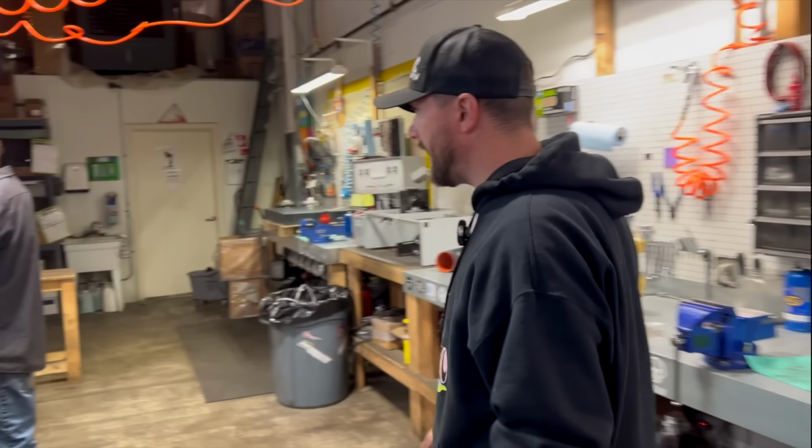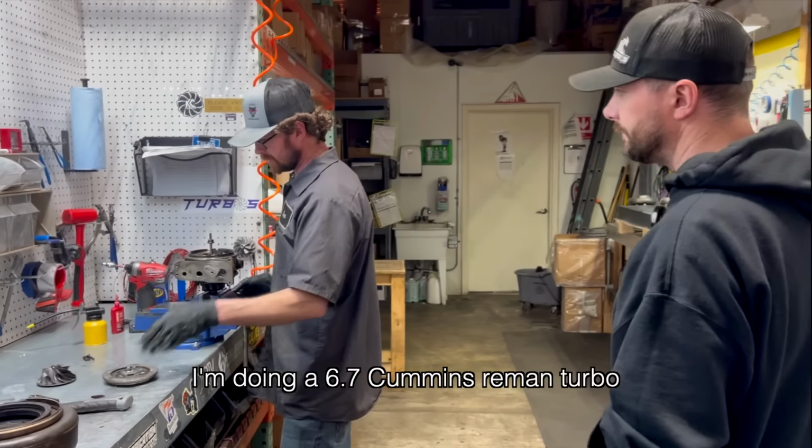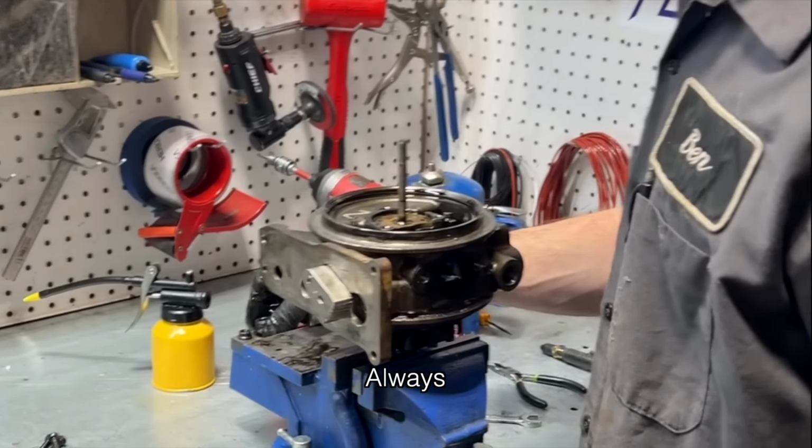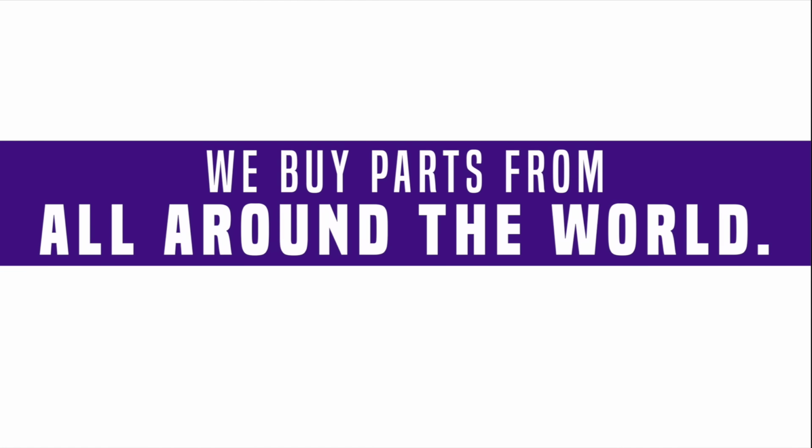We got Ben over here. That looks dirty. Ben, what are you working on? I'm doing a 6.7 Cummins three-piece turbo. Reman, you've got to love the reman turbos, right? Always. Oh gosh, we do a lot of 6.7 turbos. They're pretty problematic. We do a few upgrades to them, but typically we're just remanning stock turbos and sending them back out. As you can see, we buy parts from all around the world,